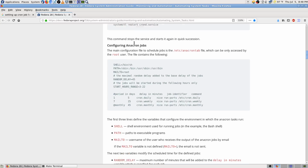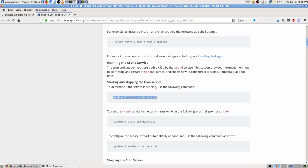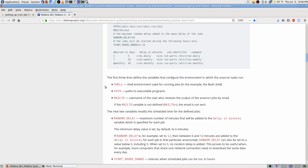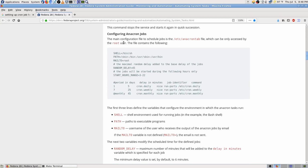But now, configuring the anacron job. The main configuration file, and did it say up there where the configuration is for it? No, it doesn't tell you that with cron. Okay. But whoops, getting too far down. Configuring anacron jobs. The main configuration file to schedule jobs is in the /etc/anacrontab file, which can only be accessed by the root user. The file contains the following: